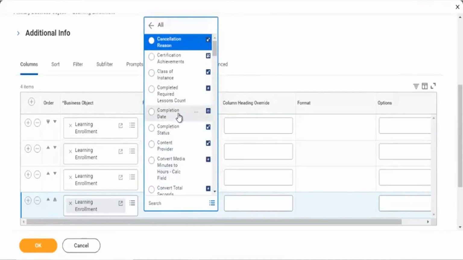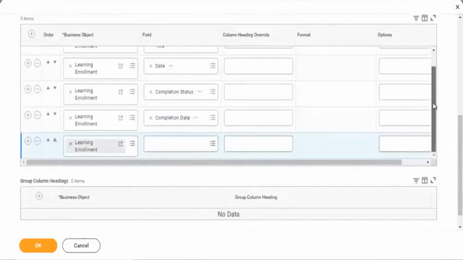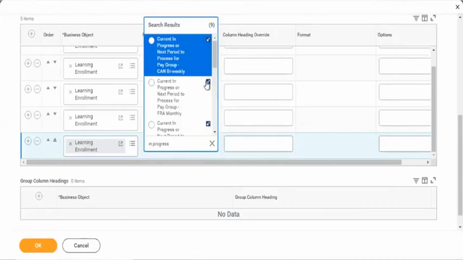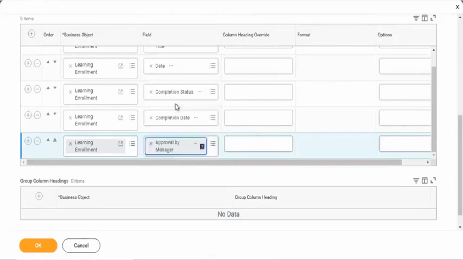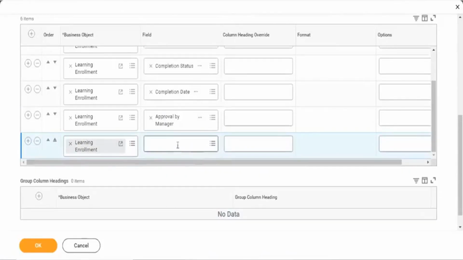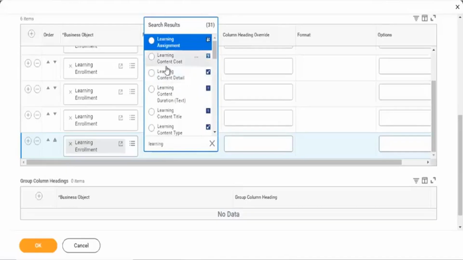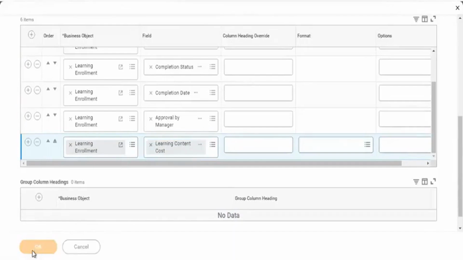Completion status, completion date. I've given a few fields that are generally required for learning content or learning enrollment, tracking the status of the enrollments.